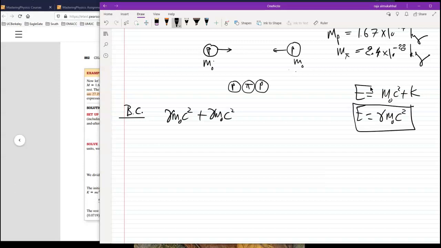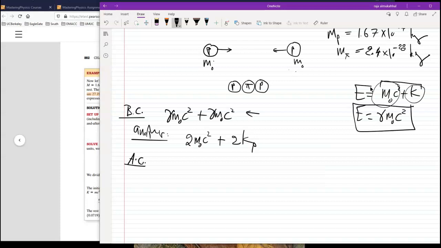Another way of putting it, this is one way to do it. Another way, maybe an easier way, is that each particle has a rest mass energy plus kinetic energy, right? We have two protons, so we have two rest energies, 2 m naught c squared, plus 2 kinetic energies for the protons. Make sense? I'm using the right side of the equation rather than the left side. We can use the left side, but we can use the right side for now. Now, after collision,